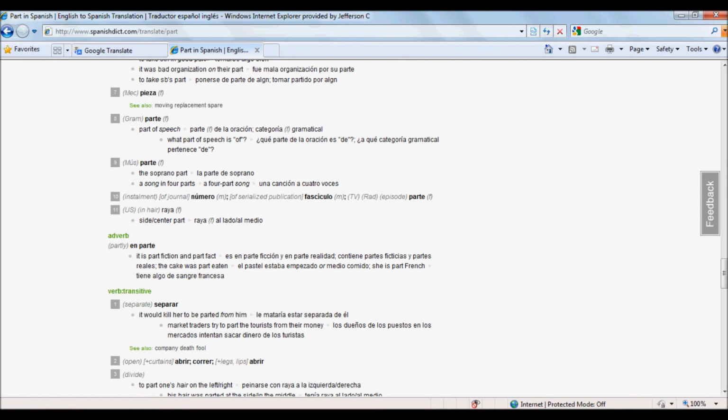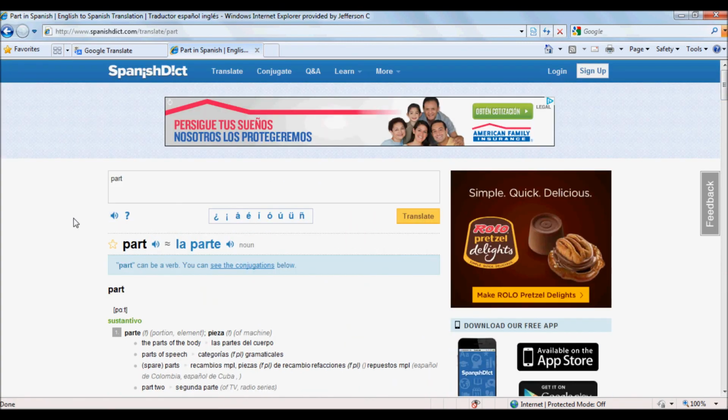So I would suggest that you use an online dictionary instead of using Google Translate or something like that. And remember, if I do see evidence of Google translation, then it will automatically result in a score of 0 because I can't tell you how much you know if I'm only seeing what a computer can do.